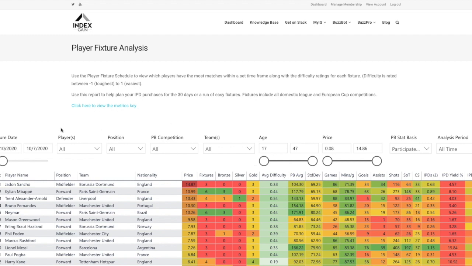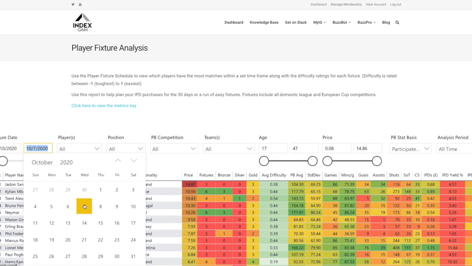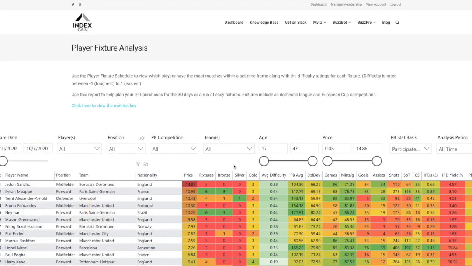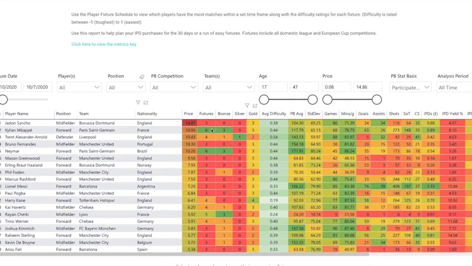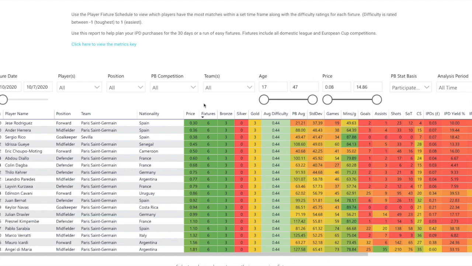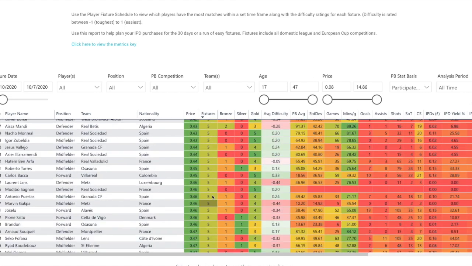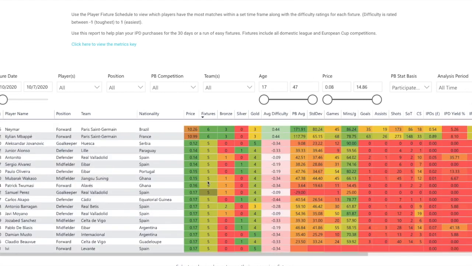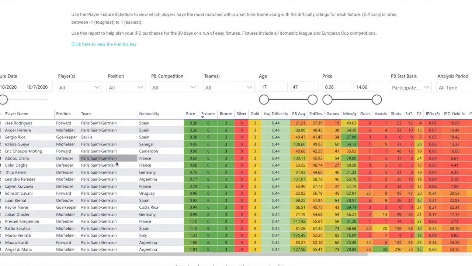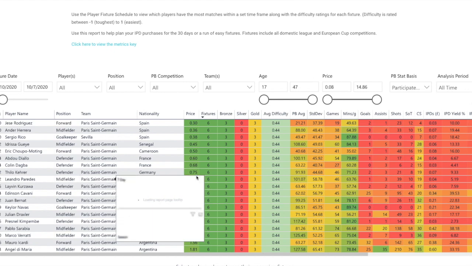When you get up to this report, the first thing you want to do is choose your date range. I've already set it here for 30 days from the date of recording, which is the 7th of October. So once I've selected my date range, I'm looking at data for the 30 days. I can now sort this fixtures column, and it will put it from most number of games down to the lowest number of games. So I can see here, just scrolling through the list, PSG have the most number of